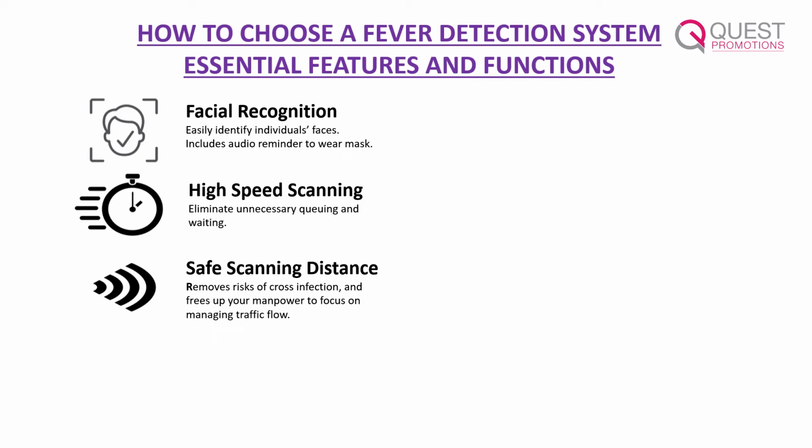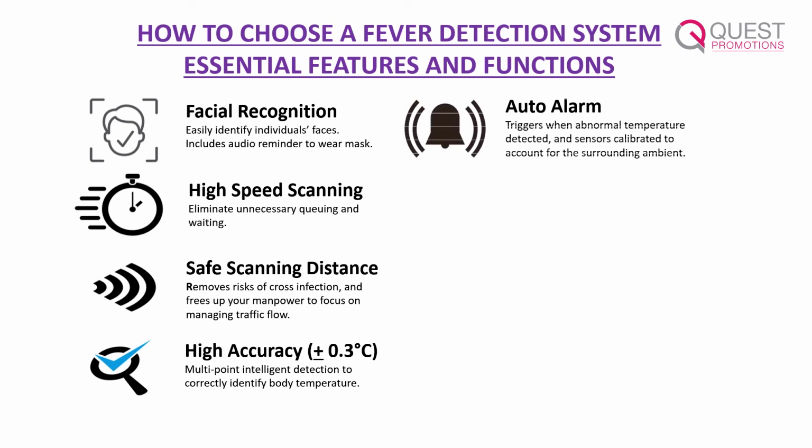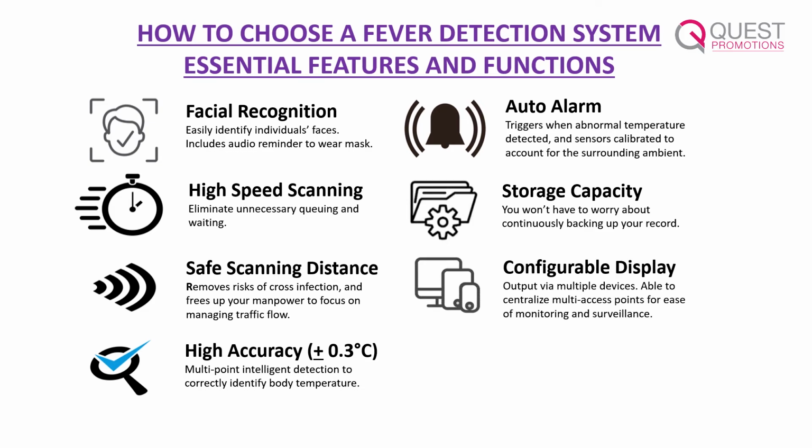You want something with very high accuracy, something like plus or minus 0.3 degrees to 0.5 degrees. You want an auto alarm to warn you in any event that somebody with an elevated temperature is coming in as well. And then storage capacity of the system, obviously that's important because that will help you in keeping your records for compliance purposes. You also want the system to be configurable, that is, able to display the